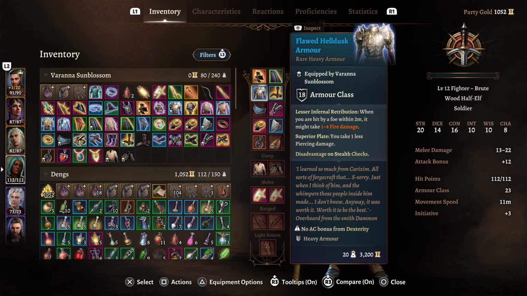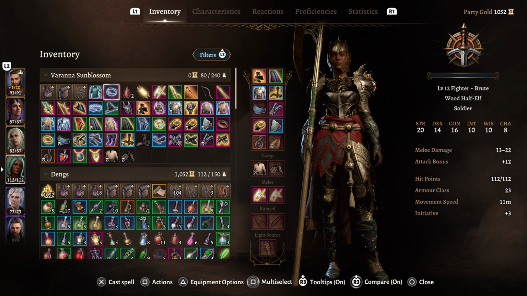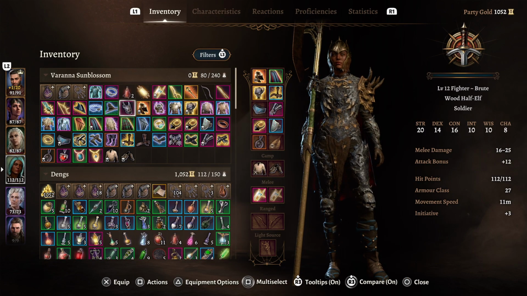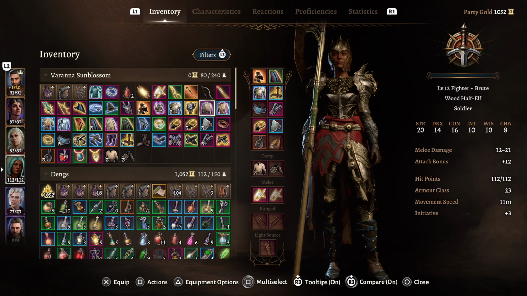The Helldusk Armor. Now theoretically you could take the flawed Helldusk Armor, and you should take the Helldusk Armor. It's the best defensive armor in the game, and this would boost your AC from 23 to 27. However, I like to make every build different, so for this we'll be using the flawed one, but take either